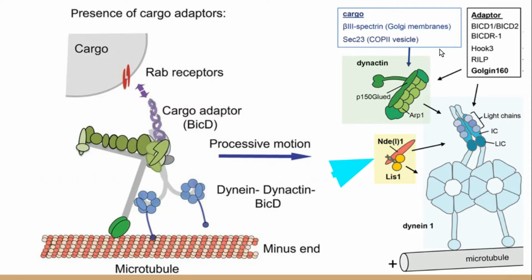Lis1 and Nude form a complex that regulates dynein's processivity. Basically, it modulates its speed. The complex does this through complicated interactions with transient conformations during dynein's power stroke. But the important idea is that Lis1 and Nude are very critical subunits of dynein that generally increase the processivity